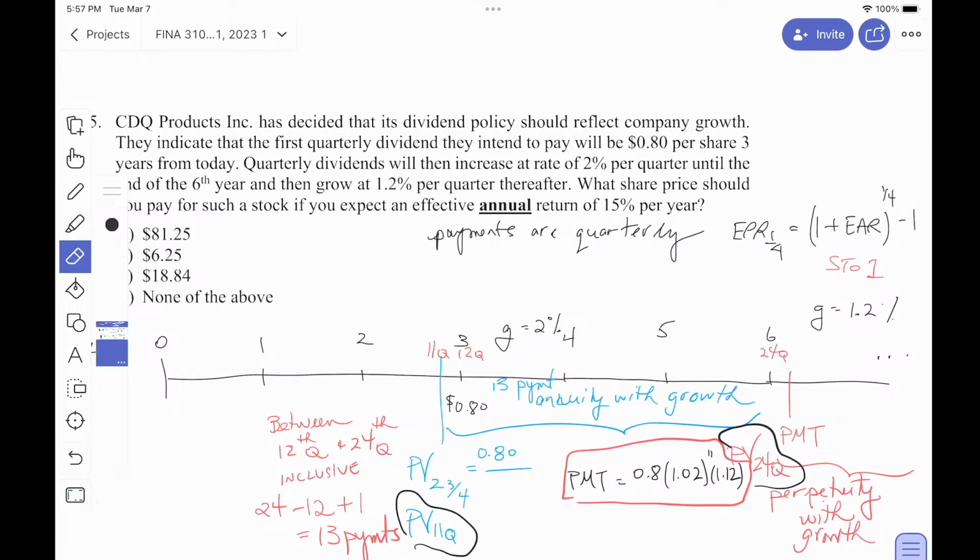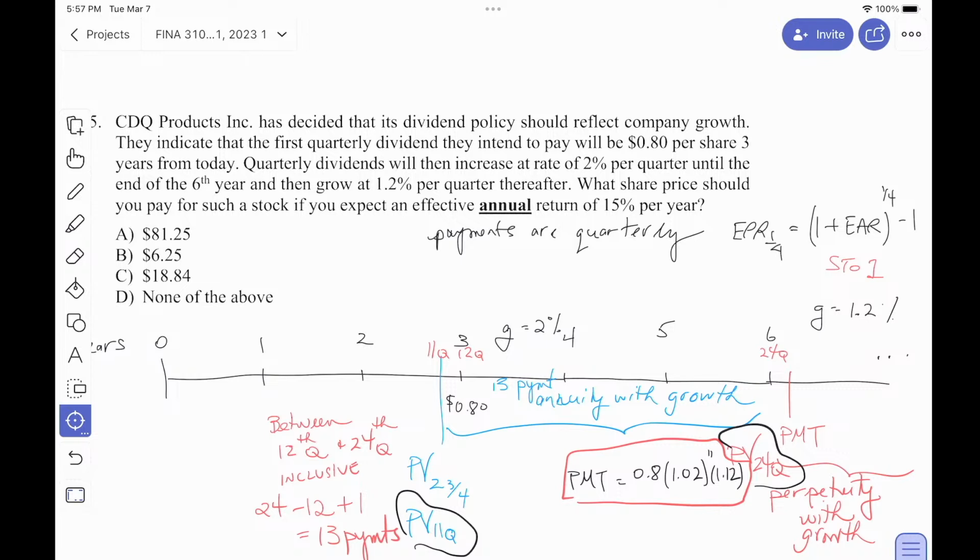And I will just erase this. So this is an annuity with growth. This is the growth rate, 13 payments. That has to be discounted 11. This one is a perpetuity with growth, first payment this amount, and discounted 24 quarters. And you add them together and figure out with this rate which one is your answer. And your answer is going to be, let me tell you,